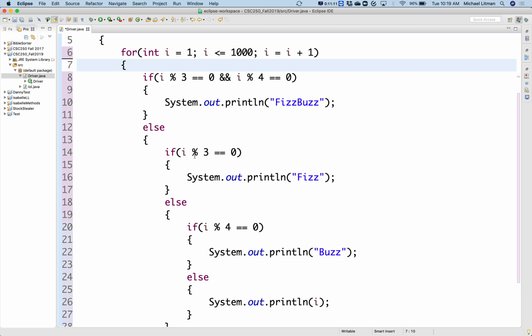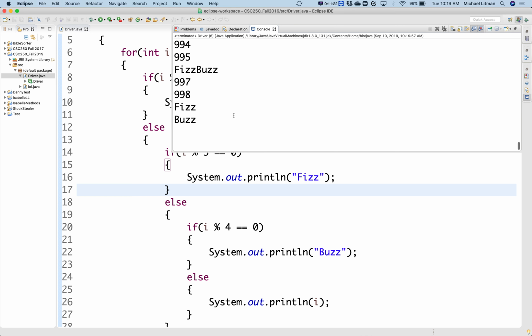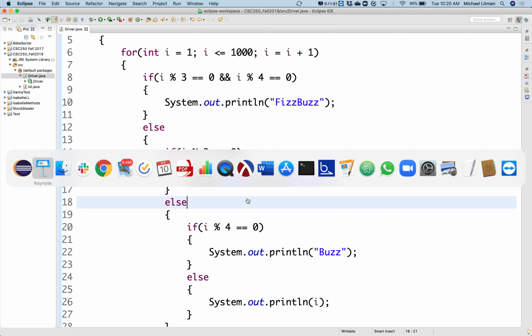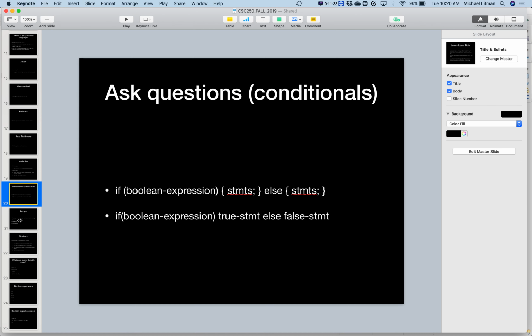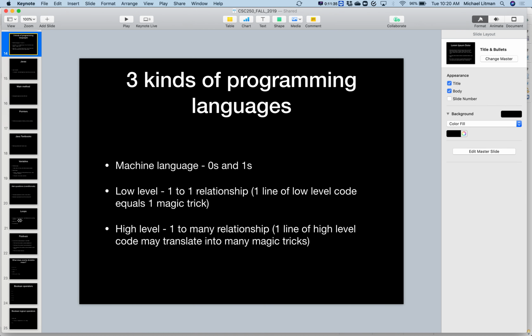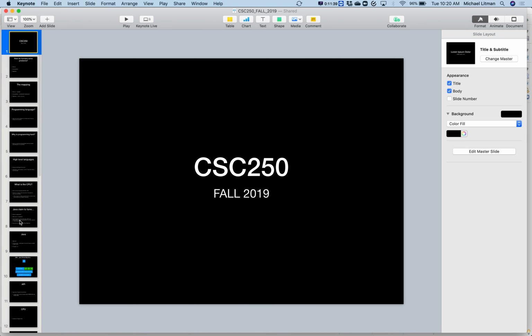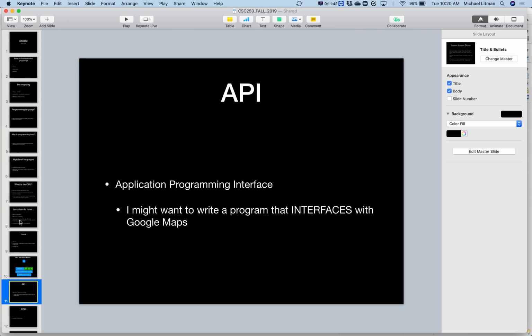Let me clean this up first. I still think this would be the better way of writing it, but that's actually an interesting point you just brought up. All right, so if I go ahead and run this, this goes ahead and prints out your fizz and buzz and all that stuff for all those things. Now, if you remember from when I introduced if statements here, I talked about